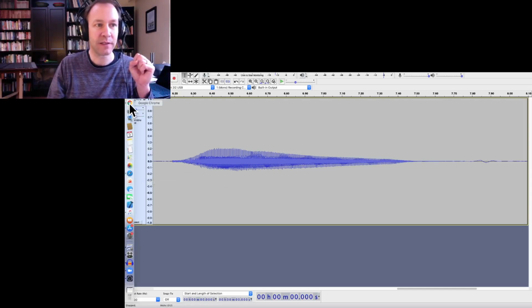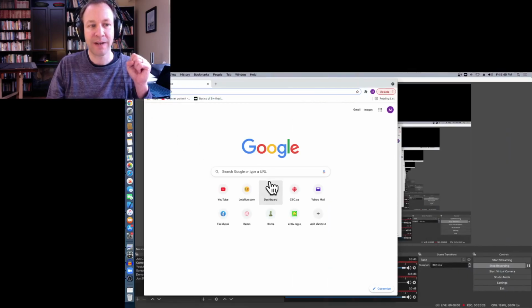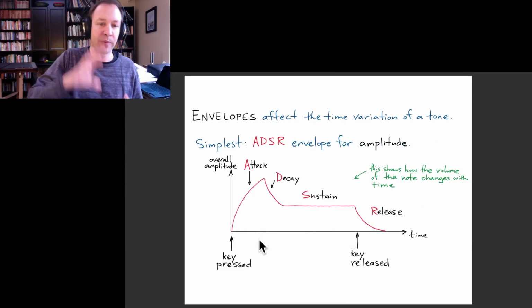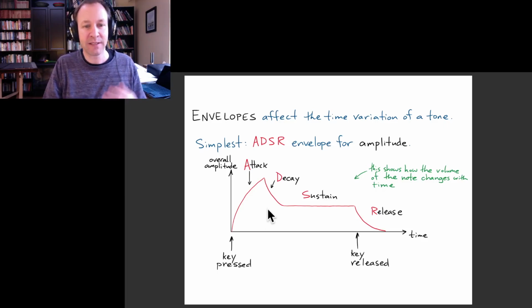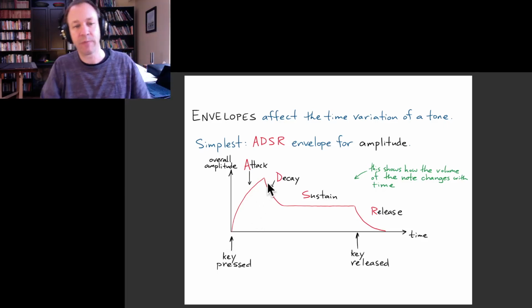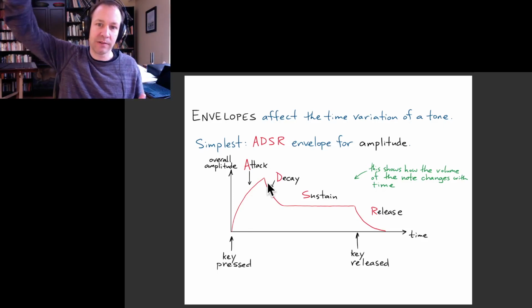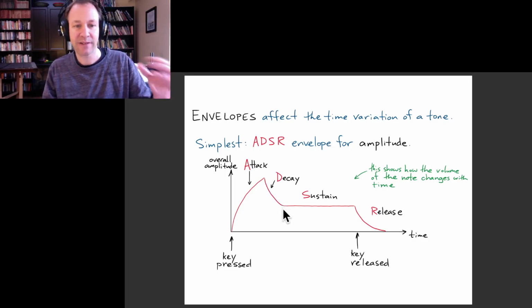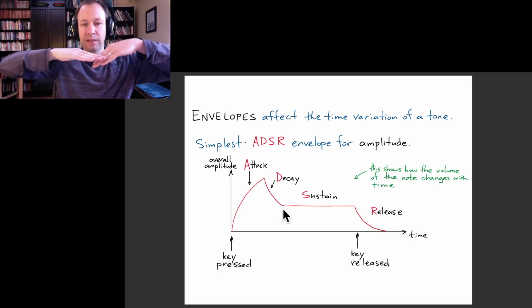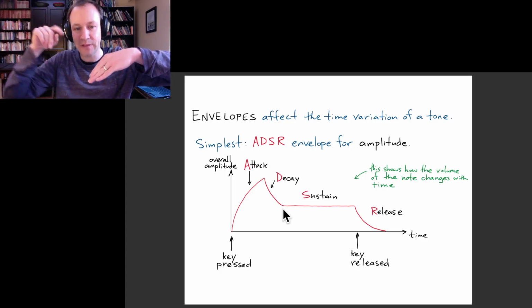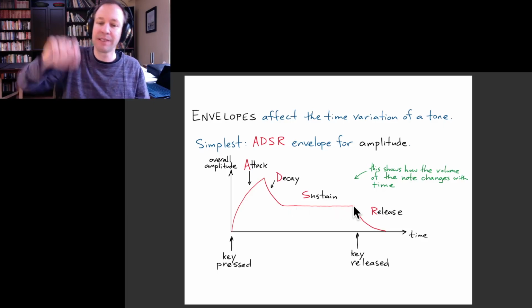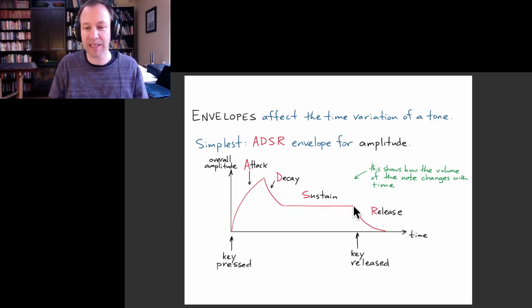And in the world of synthesis, we divide that into discrete parts. The most common division of parts of a note is the attack, which is the phase where you're getting up to the highest amplitude, and the decay that happens right after that, where it's decreasing down to the sound that you're going to have if you just keep your finger on the note on the keyboard. And then finally, when you release your finger from the keyboard,